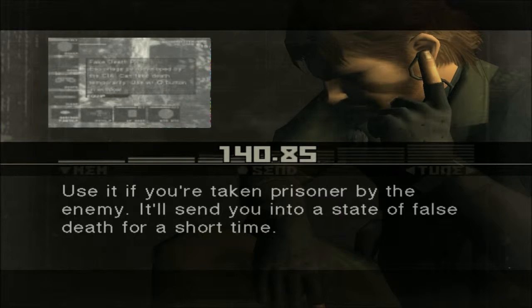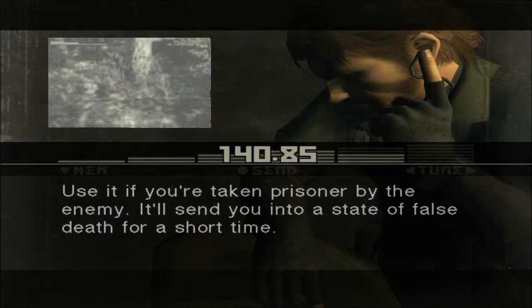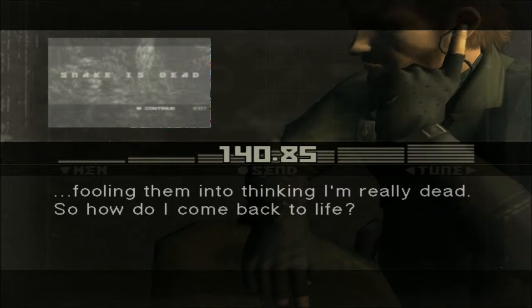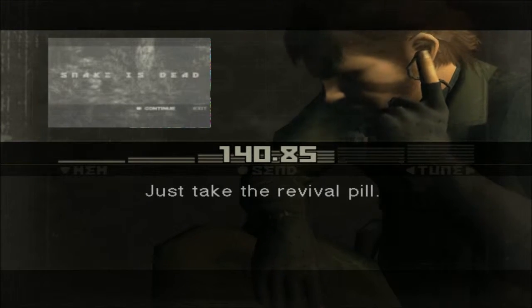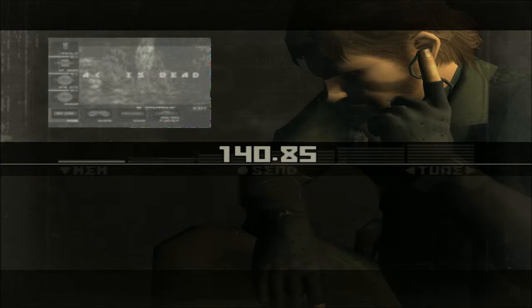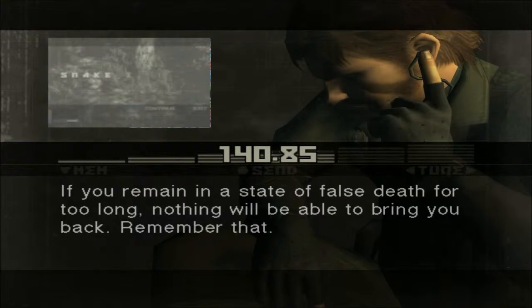Use it if you're taken prisoner by the enemy. It'll send you into a state of false death for a short time. Fooling them into thinking that I'm really dead. So how do I come back to life? Just take the revival pill. You mean that thing they put in my tooth before the mission? That's the one. But be careful. If you remain in a state of false death for too long,